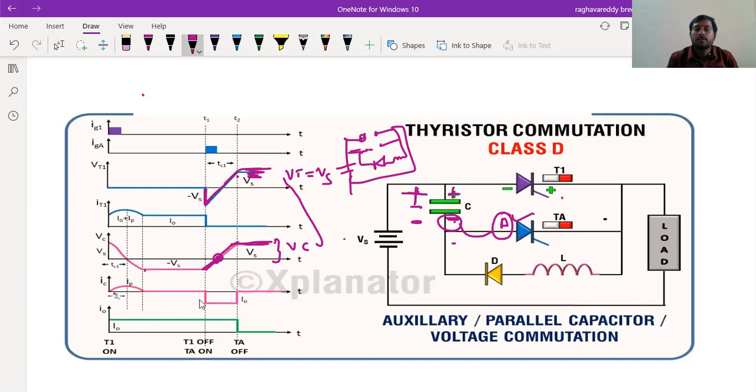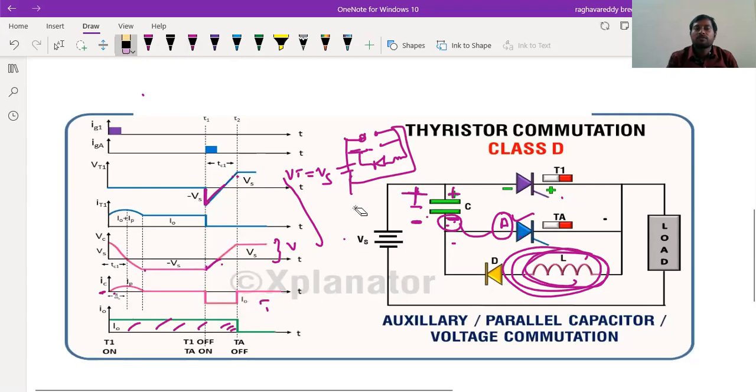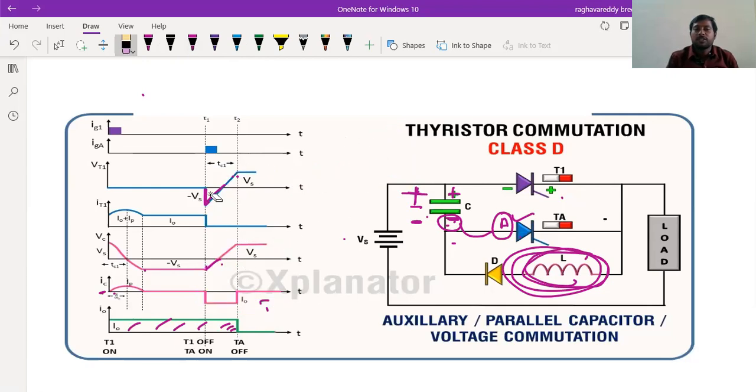Now in this position, the capacitor current in this direction is rectangular in manner. Why is it rectangular? Because the inductor cannot come into the picture. Only the capacitor current is available. So this is the ideal capacitor which you are taking, so that this is constant. So the output current I always choose as constant. So these are the waveforms of the class D commutation, and the same thing will repeat every cycle.